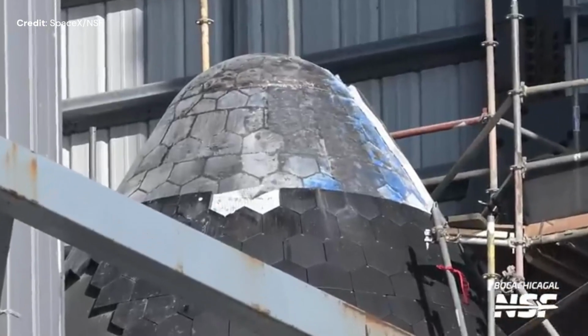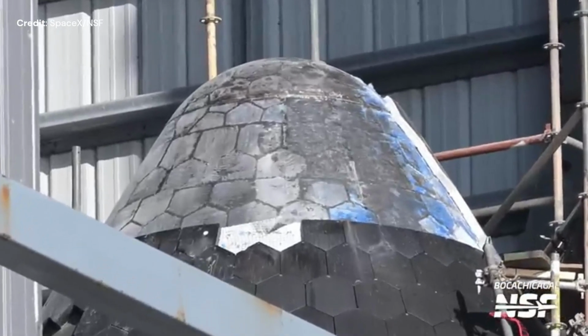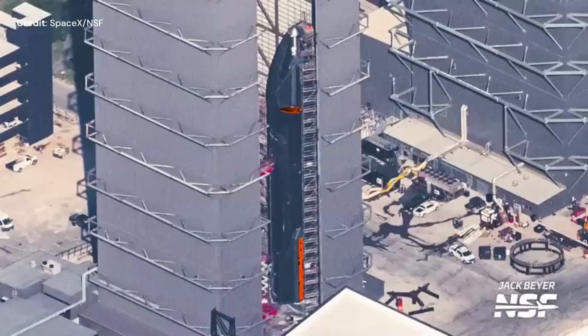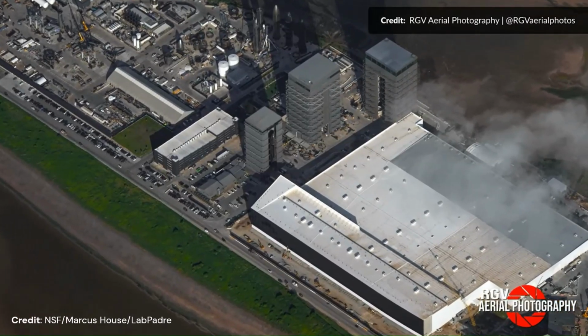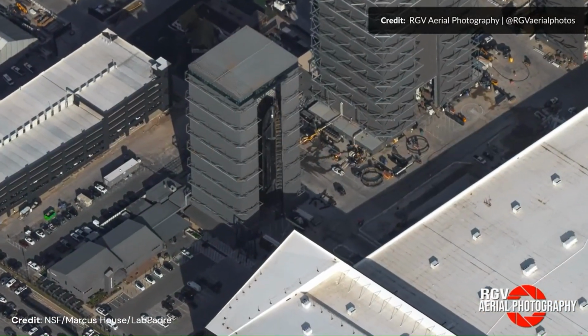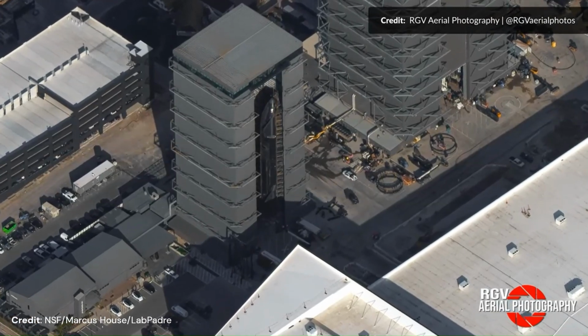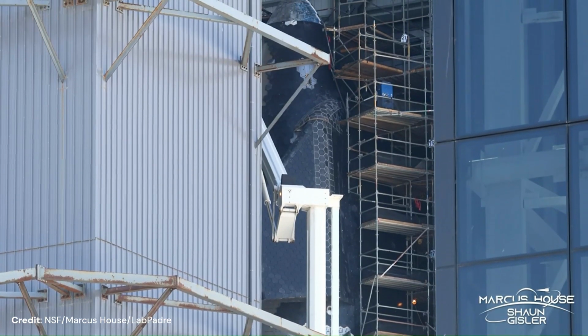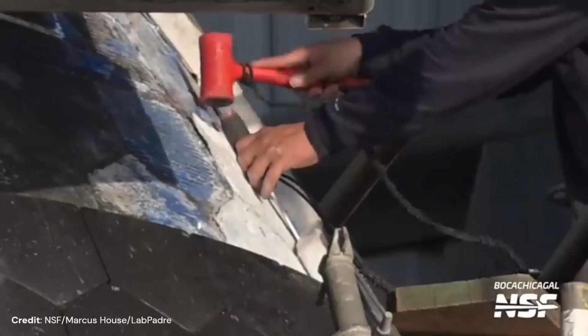They also mentioned that they are preparing for integrated flight test number 6 with the testing of Starship number 31 once the thermal protection tiles have been replaced, and presumably testing of Booster number 13. At Starbase production site, Starship number 31 heat shield tile replacement is continuing. It took 38 days to replace Starship 30 tiles, so it's going to take some time to complete those of